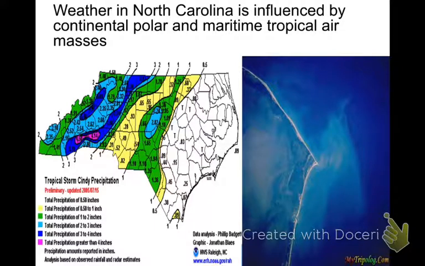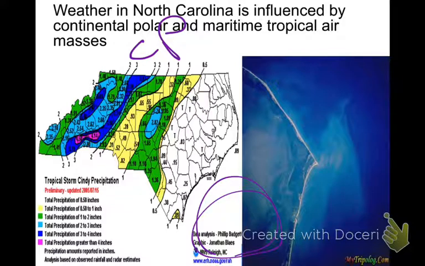But we also, and I'll write that down, so we have a CP air mass up here, and then down here by the Gulf of Mexico, we have a moist air mass, so it's going to be M for maritime, and it's warm because it's closer to the equator, so a T. So we have an MT air mass and a CP air mass.